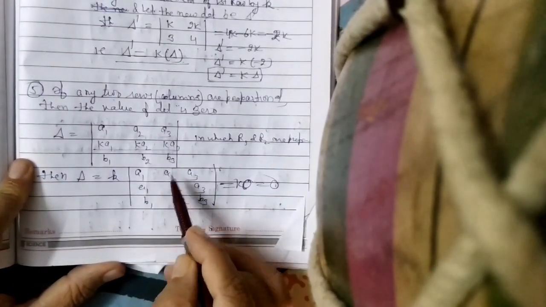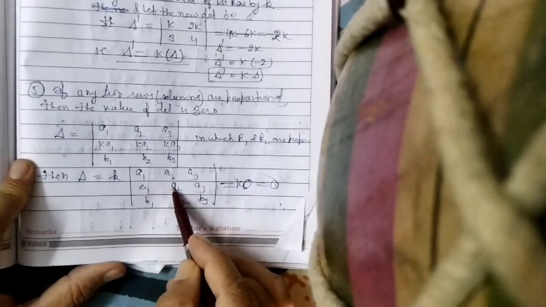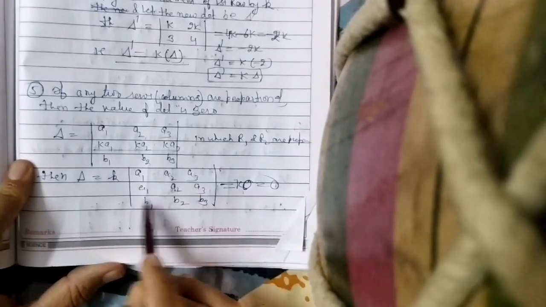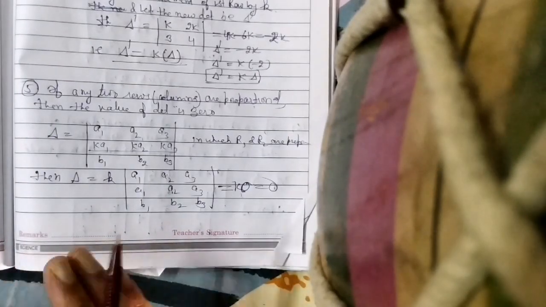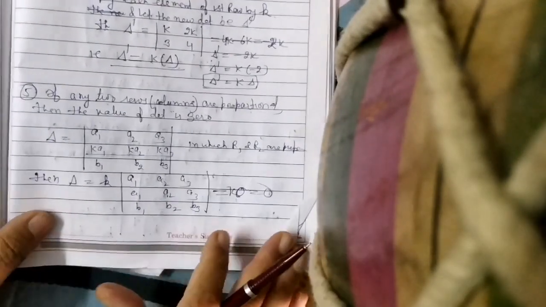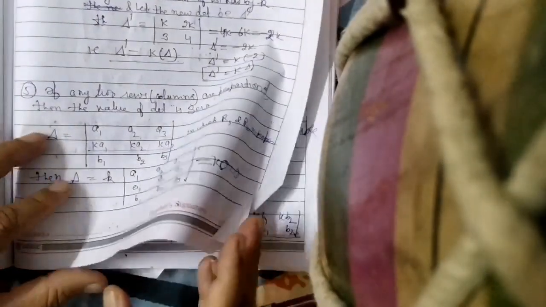Here rows R1 and R2 are identical, so its value is 0. So if two rows or columns of a determinant are identical, then the value of the determinant is 0. If the two rows or columns of a determinant are identical, then the value of the determinant is also 0. The next is,